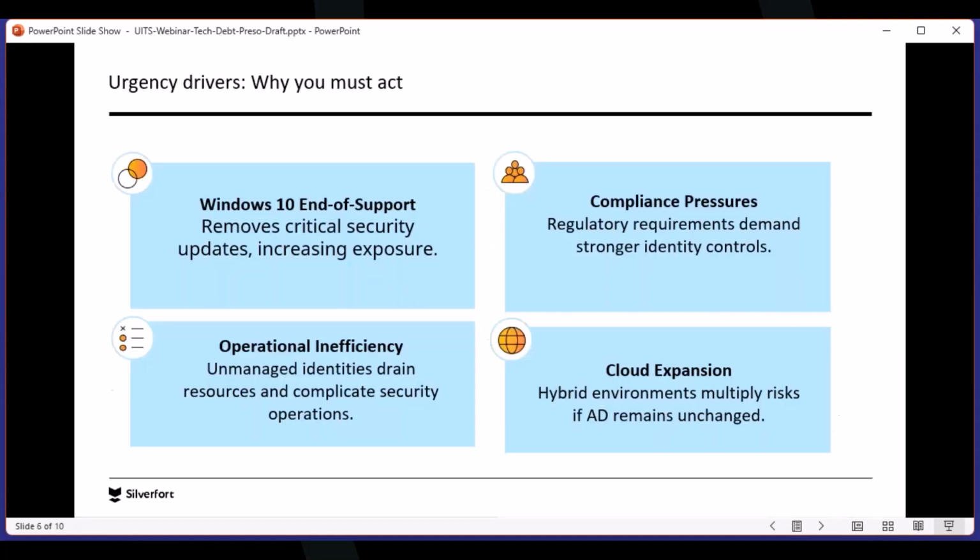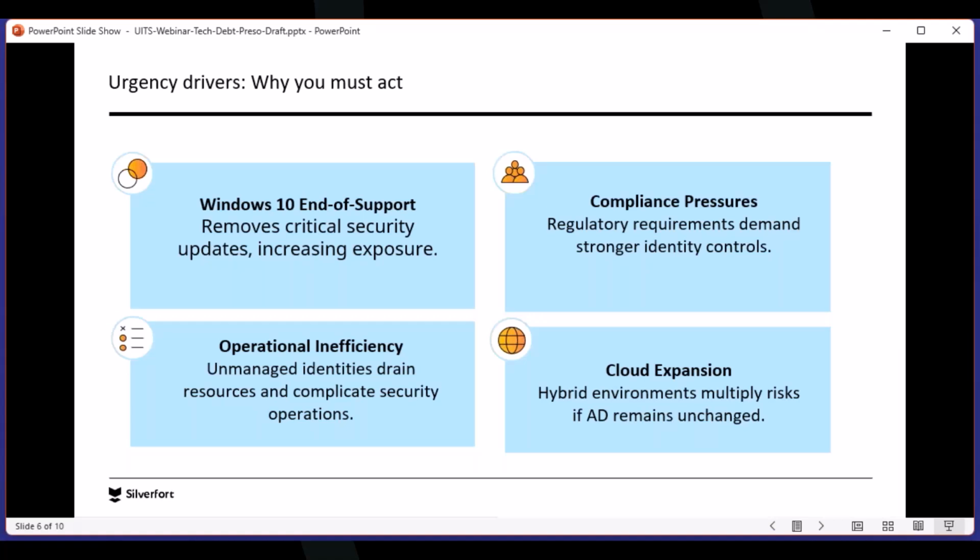So why do we have to act on these things? Outside the obvious, right? These are all bad things that we're talking about. You should be trying to act on as much as you can, but you also can't drink from the fire hose all the time. You kind of have to pick out what are the things that are important or critical in our environment, and then consume the elephant in smaller chunks, right?